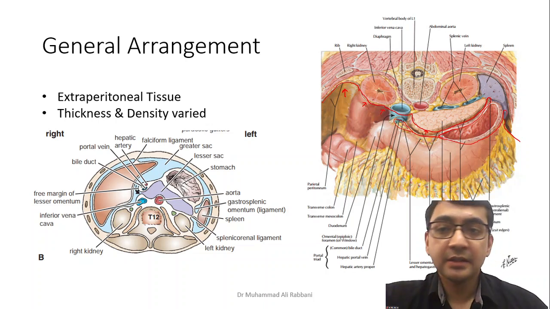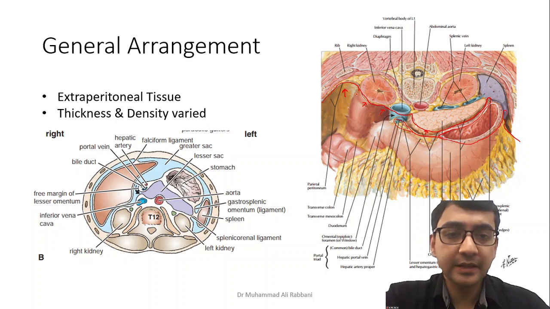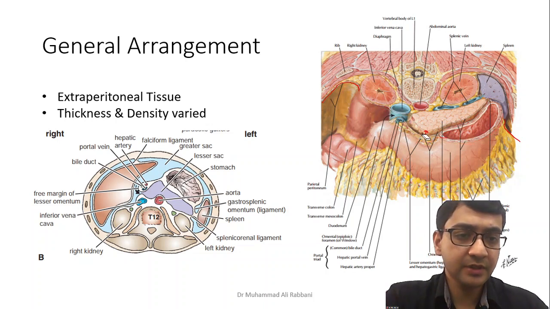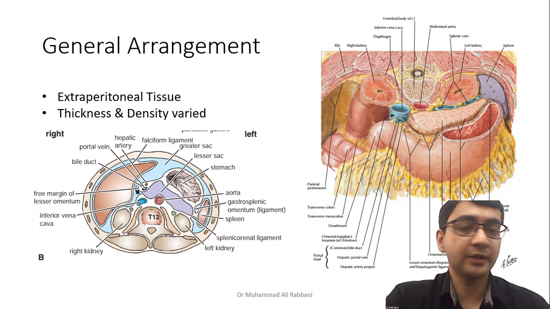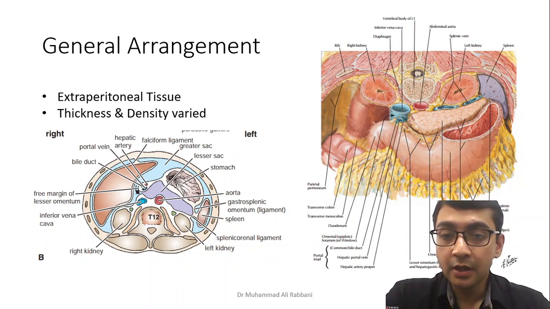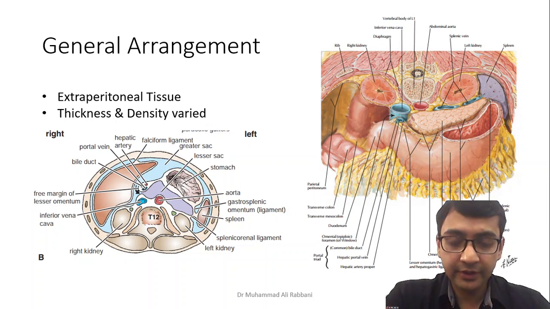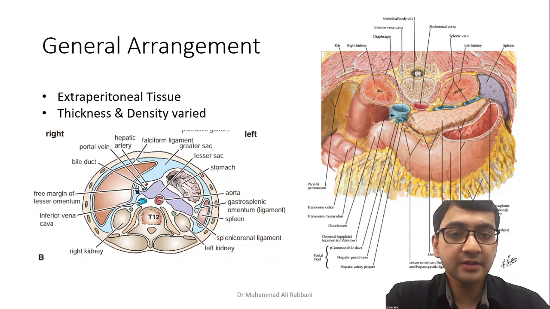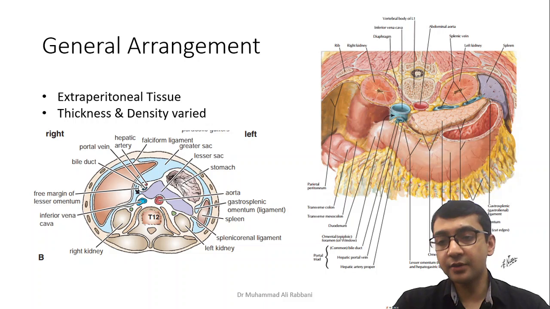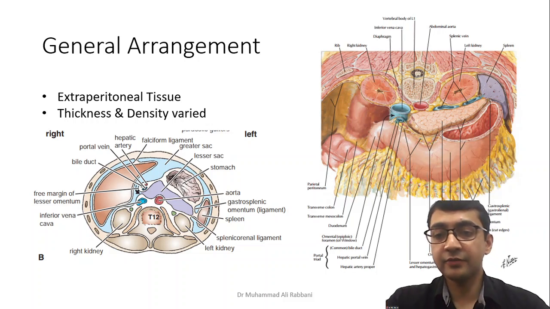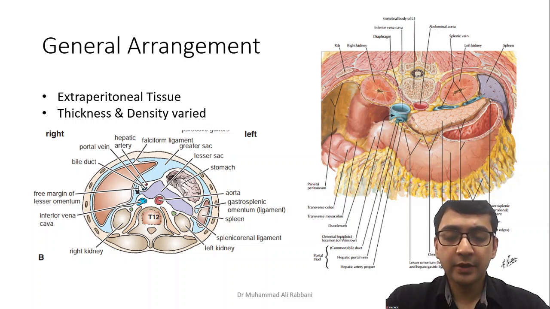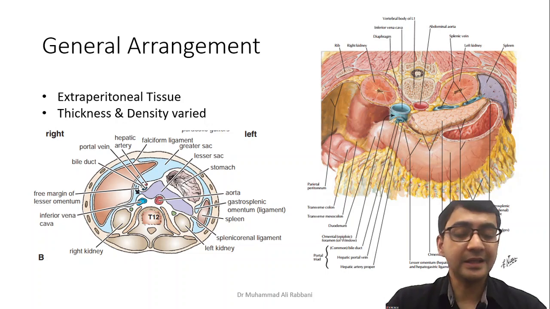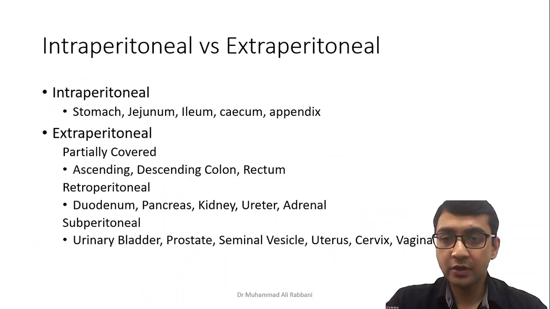Then, this peritoneum varies in thickness and density depending upon the organ it's covering. For example, when it's covering the stomach, it has to expand and relax very frequently. You eat, your stomach gets filled, and with time it gets relaxed. So here the peritoneum is thin, relaxed, elastic. At points where it is covering the wall, where organs are fixed, like in front of the kidney, in front of the psoas muscles, the peritoneum is relatively thick and density is high. So we are done with it.